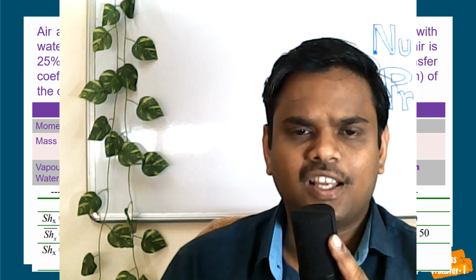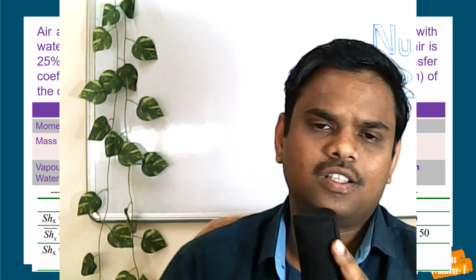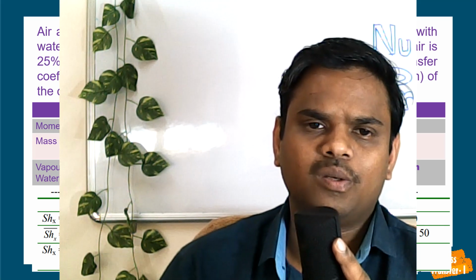So substituting the values, we get the flux in terms of kg mole per meter square second. If you consider 1 meter length of the width, then what is the area? Area is meter square, right? So we have length into width. So 1 meter width and length is 1.2 meter. We get the area in meter square.